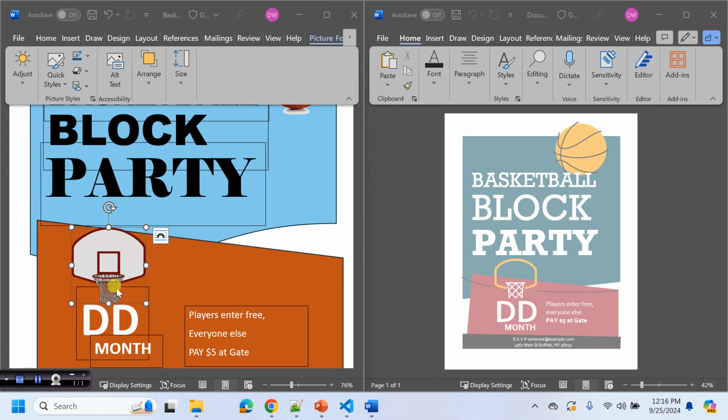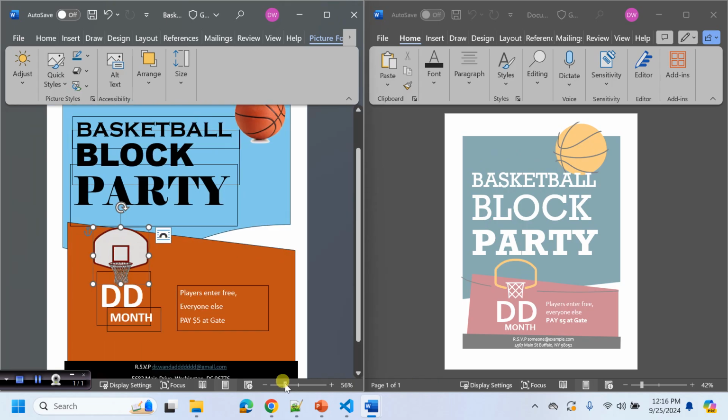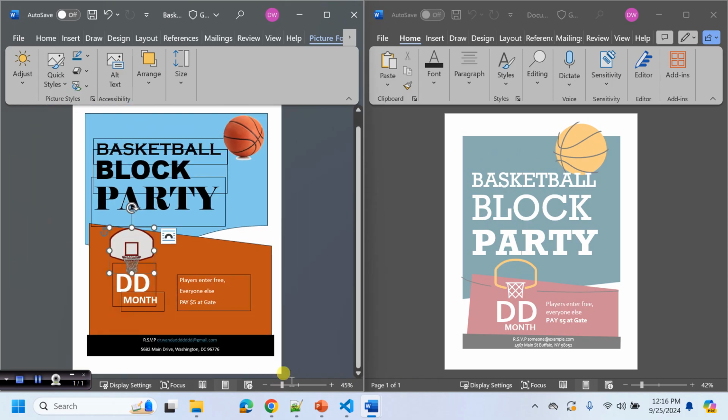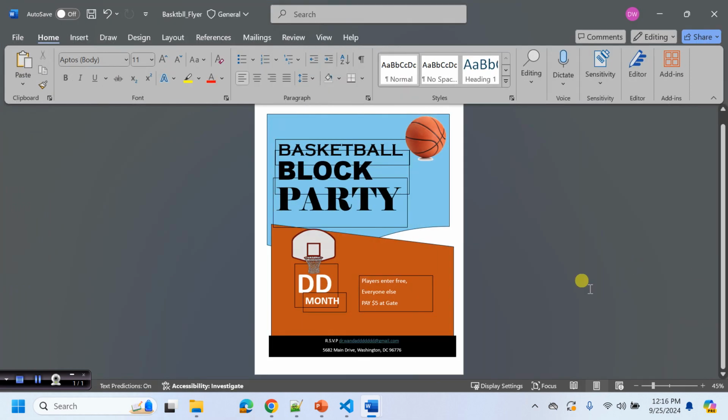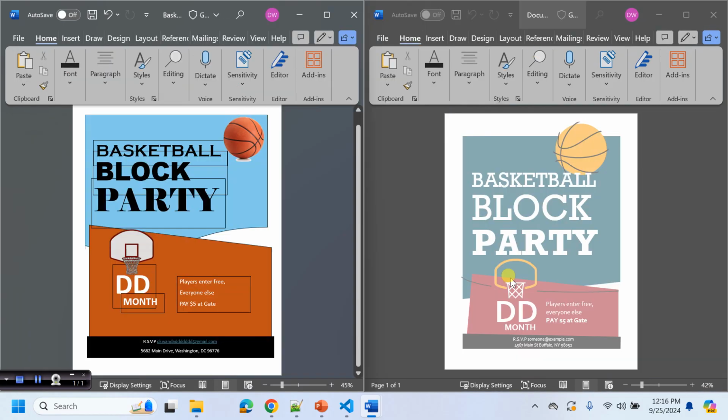Okay, so there you have it. Now this looks very much like the flyer. It doesn't have to be exact, but as you can see, this is a beautiful basketball block party flyer for them to RSVP. If it looks like the one that is next to it, that's fine. Doesn't have to be the same exact colors. Again, you've learned how to create a flyer